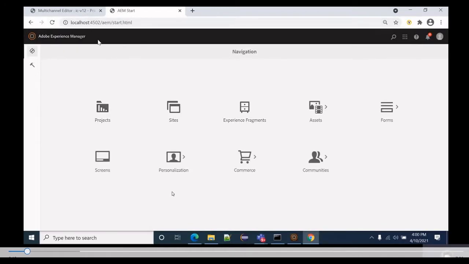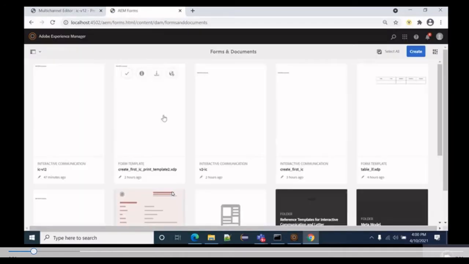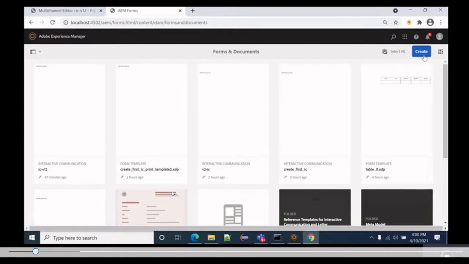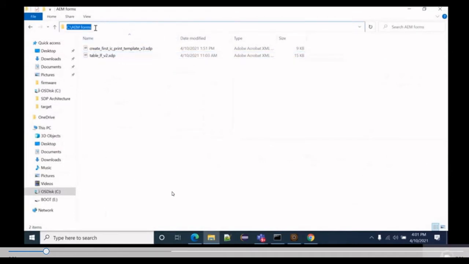So I'm on the main page of AEM, then click on Forms and then Forms and Documents, and click on Create File Upload. And here we have the files.